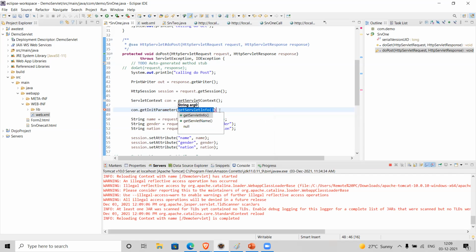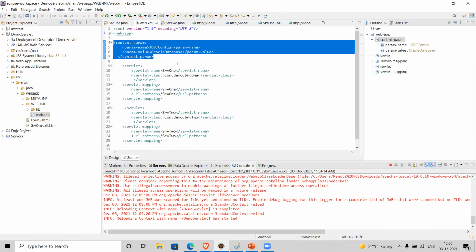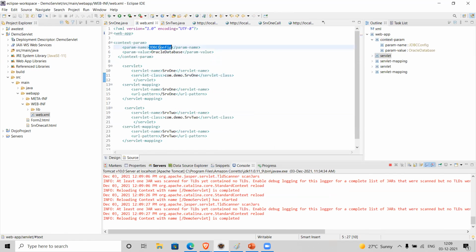What is the name of my parameter there? JDBC config. The Oracle is the value.